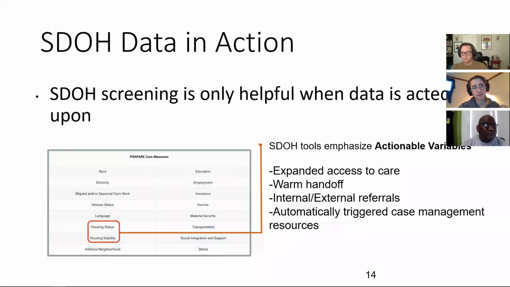So we used this slide here as a sort of a transition to talk about how data is leveraged. We understand that screening is something that a lot of health centers are doing and should be doing, but it's important to realize that this process is only helpful when data is acted upon. We know that data is only as good as what we do with it.